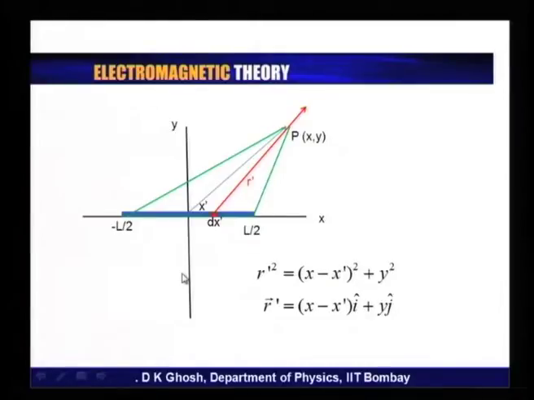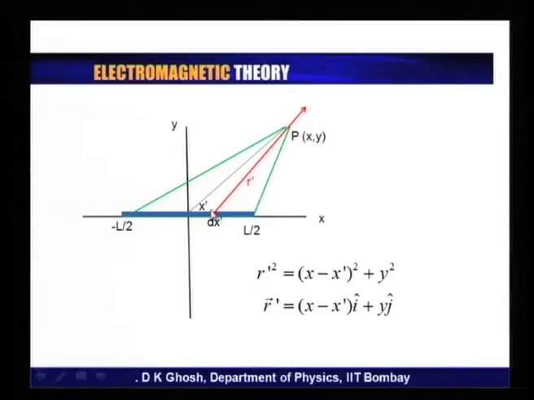So, let us look at this. How does one do this? Consider a charge element at a distance x prime and having a length dx prime. Now, what I do is this, that this red arrow indicates the direction of the electric field at the point P due to the charges contained in this element dx prime, which is of course lambda times dx prime.